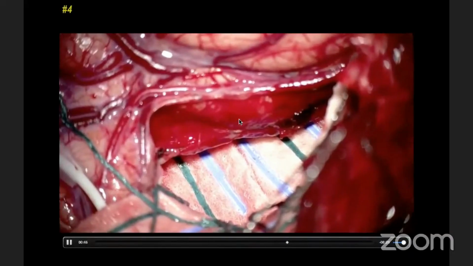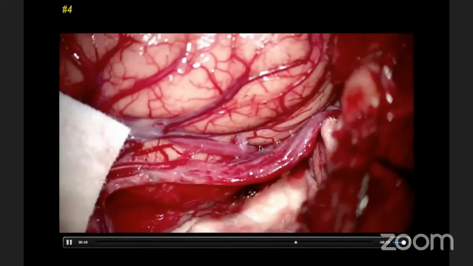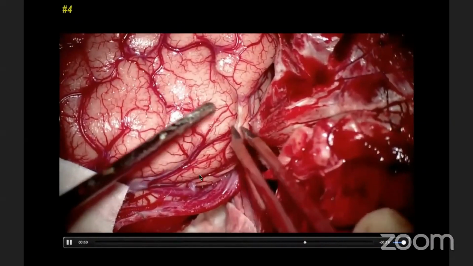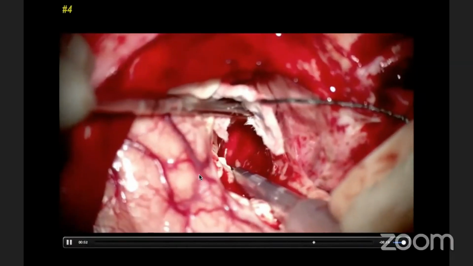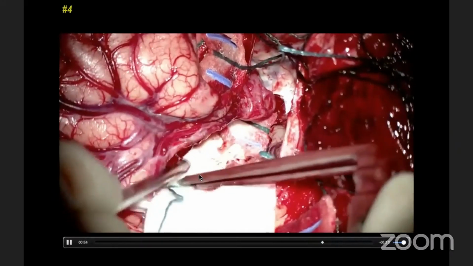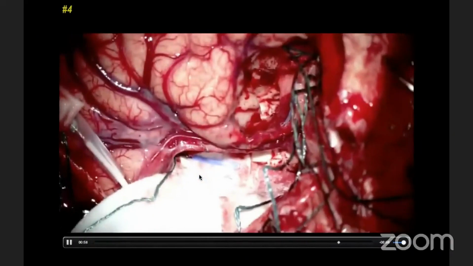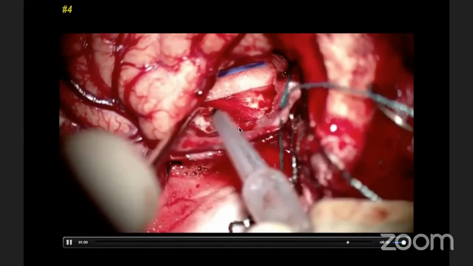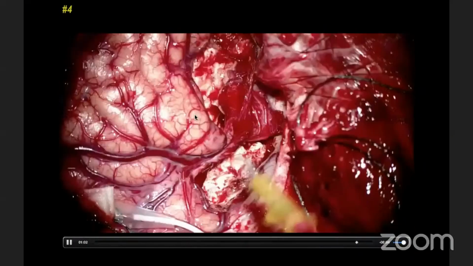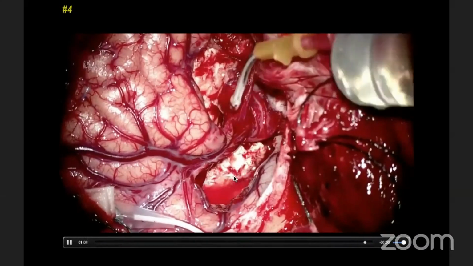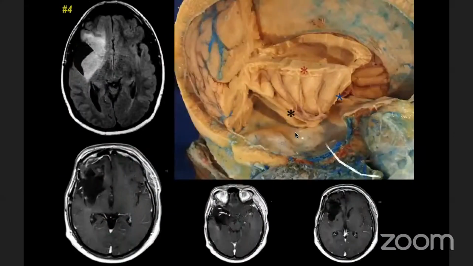As we do not have enough control through the temporal window, we now go transfrontal through the transpars orbitalis. And now we are going to try to connect both windows in the subinsular aspect. So this is the philosophy of this transopercular approach. With this approach, we can remove the inferior aspect of the insula through the temporal window, the superior part of the